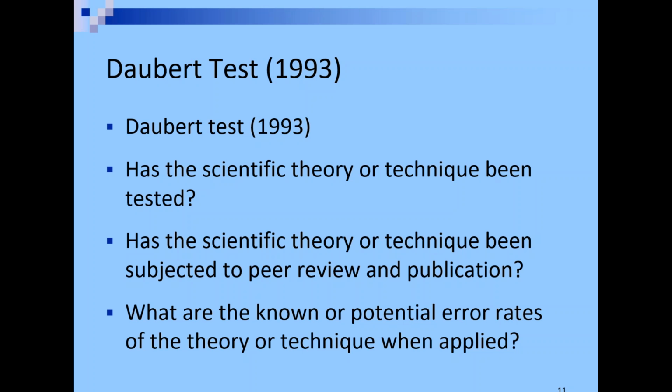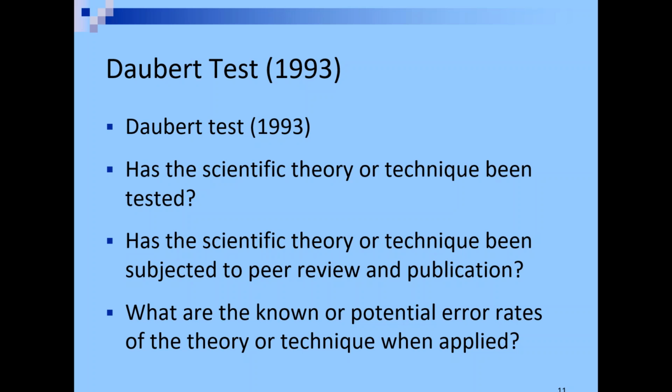Okay, has a scientific theory or technique been tested? So now here, notice it's not just asking whether it's generally accepted, but it's specifically asking whether somebody sat down and tested it. All right, has the scientific theory or technique been subjected to peer review and publication? So now it's clarifying how it's tested. You know, when Frye said it's generally accepted in the community or the method is generally accepted, here in Daubert, they're clarifying that means it's published in a scientific peer-reviewed journal and other scientists have had a chance to comment on it, accept it, refute it. So it's just being a little bit more specific about what this reliability is.